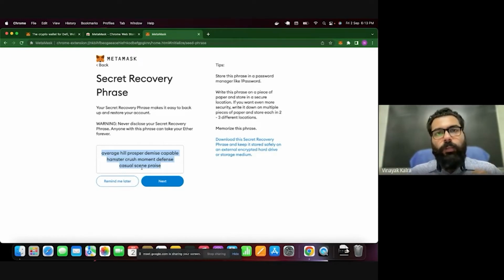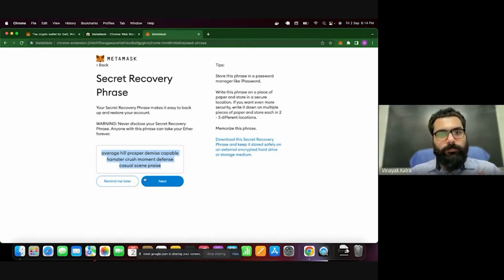If you lose it, you won't be able to recover your account and the funds in it. So this is important. Whenever you are dealing with wallets, please make sure that you follow the instructions properly, as well as keep very tight security